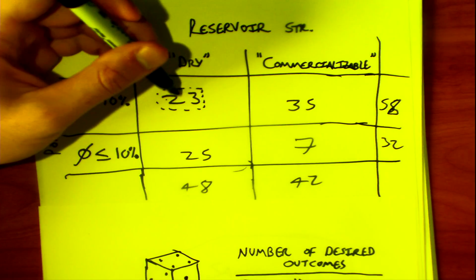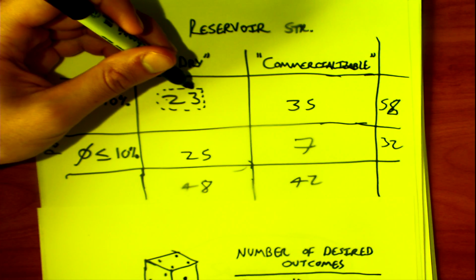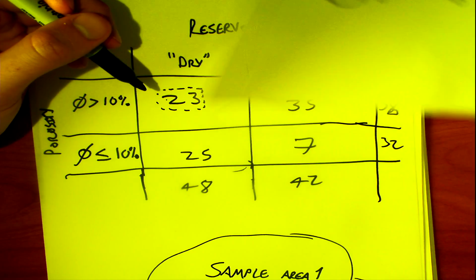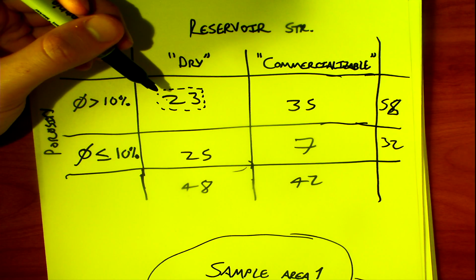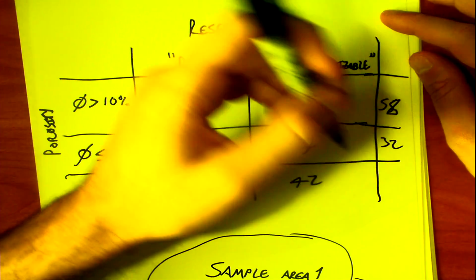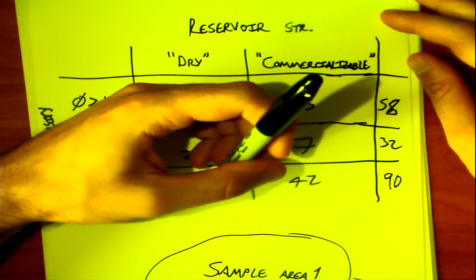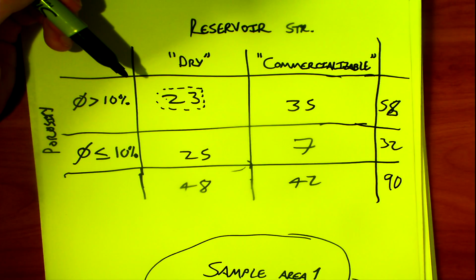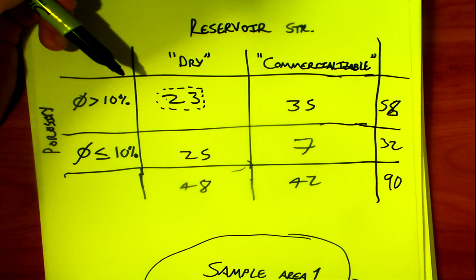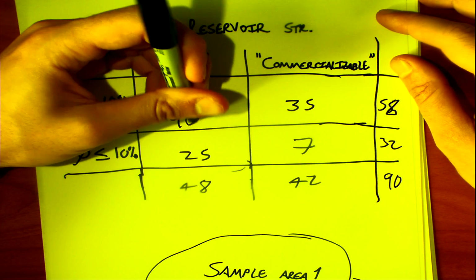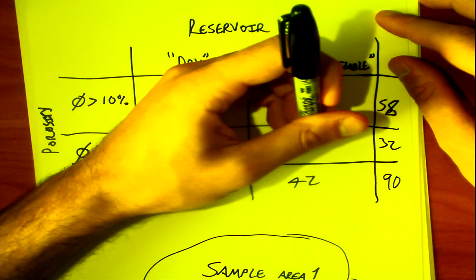The number of outcomes that I want to know about is 23. The total number of outcomes is 90, which is just the total number of samples here. So if I divide all these things by 90,